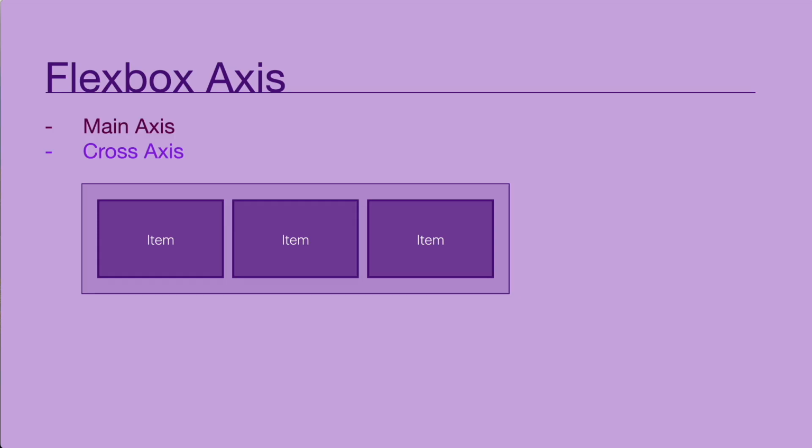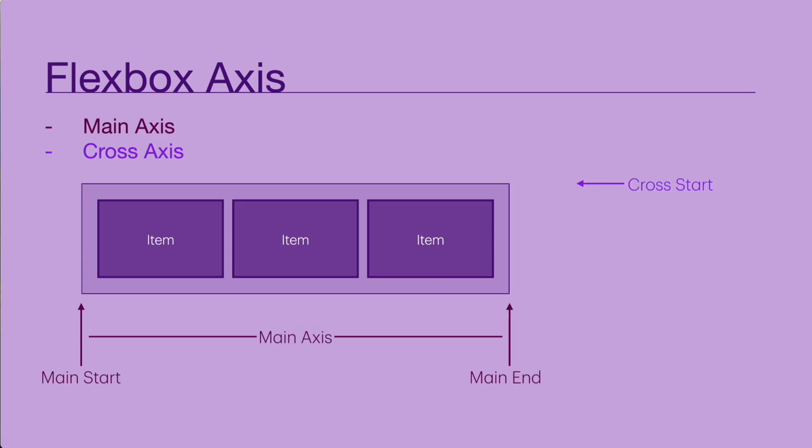In Flexbox, the main axis is the primary axis along which the Flex items are laid out. The cross axis is perpendicular to the main axis and is used to control the alignment of Flex items in the opposite direction. So, if we have something like this,